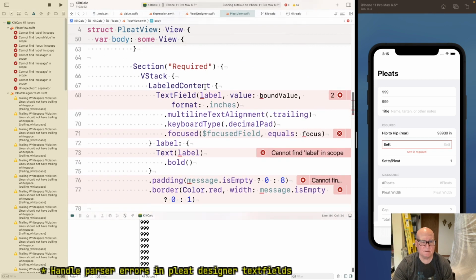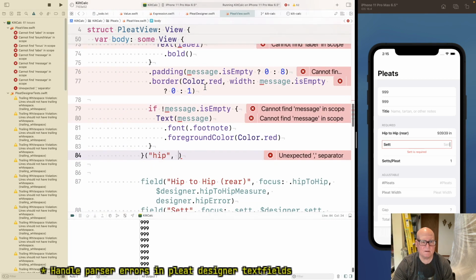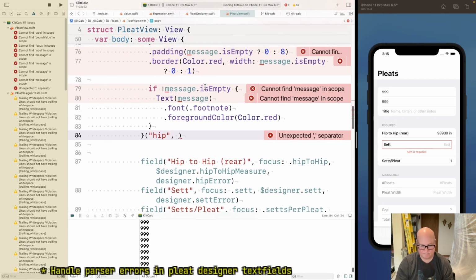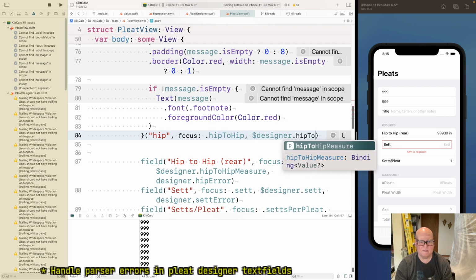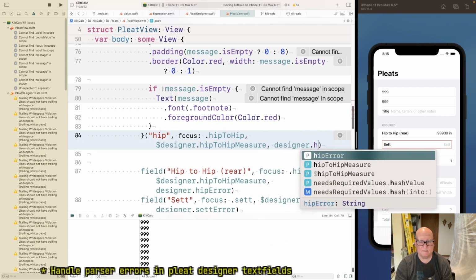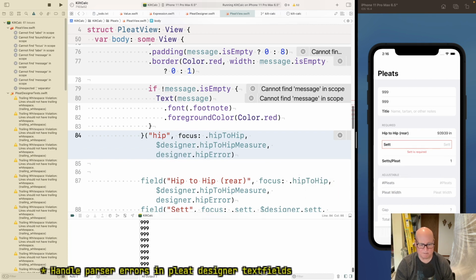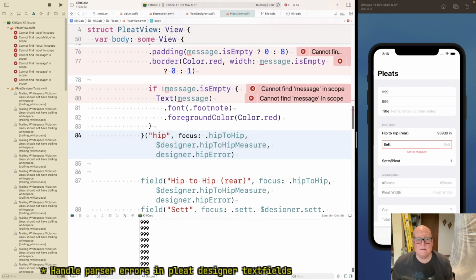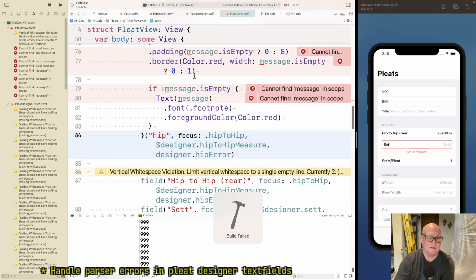Focus. I don't think it's happy. Yet another experiment. Do you like that? No. Okay.